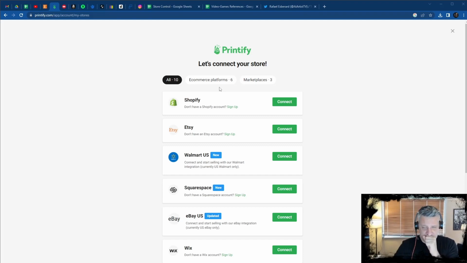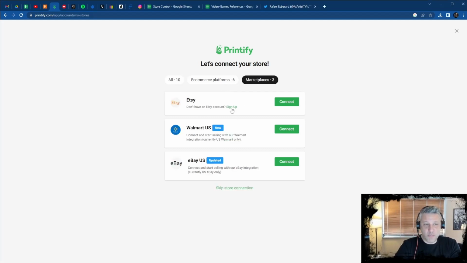You have here three marketplaces, which is interesting. They are the interesting ones because you don't need to create a store yourself. Marketplaces act like Etsy. So go create an account on Walmart US, go create an account on eBay US, and start selling your products there as well. I'm selling this one now only on Etsy. Etsy is already connected, and it's the one that you can see here on my